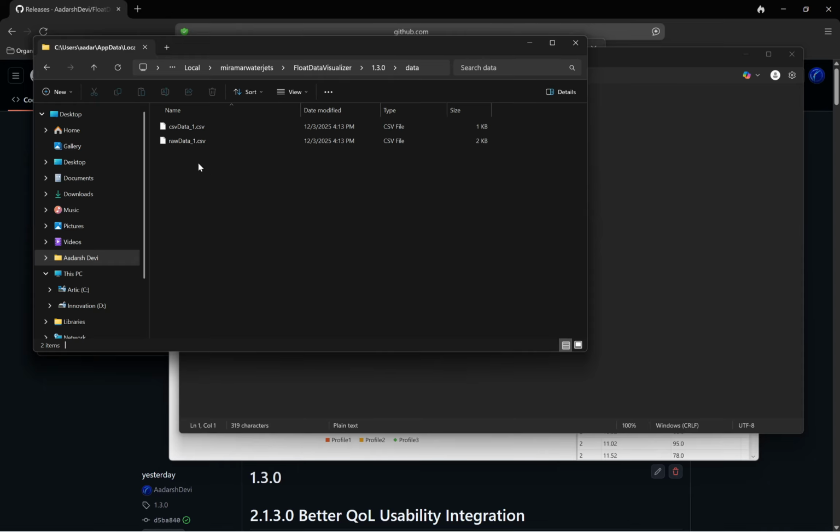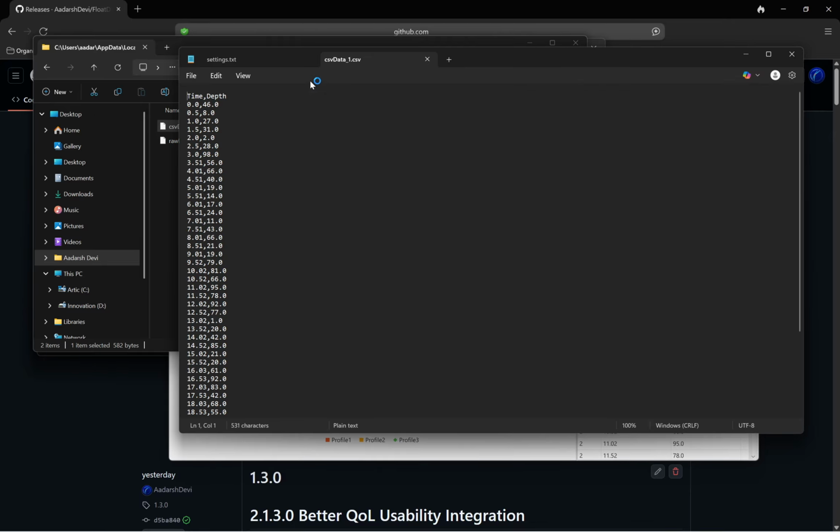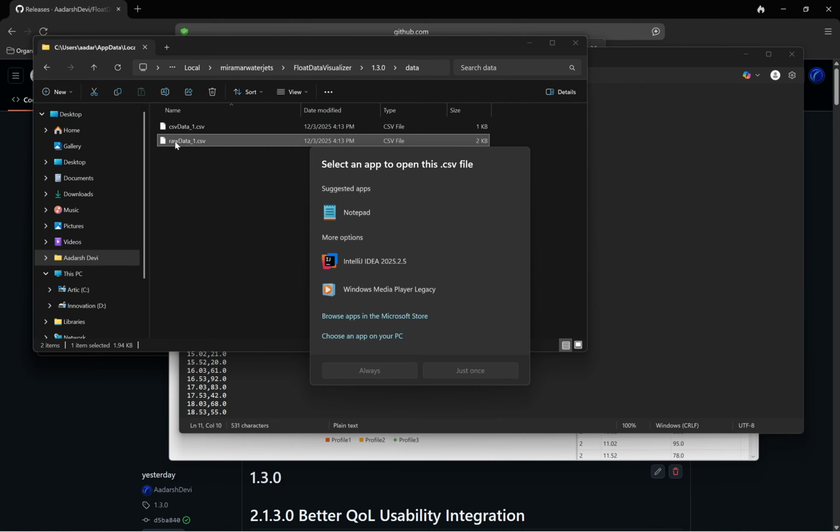So in data, we have our two CSV files. We have all our data here. We have time and depth. That's what we're using. I'll show you how we can configure those later. You can see this is a CSV file. So you have time, comma, depth, and you would have everything except packet data. That's not there. And you have raw CSV, which is